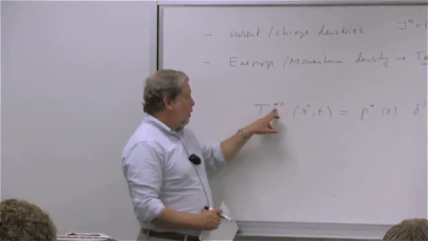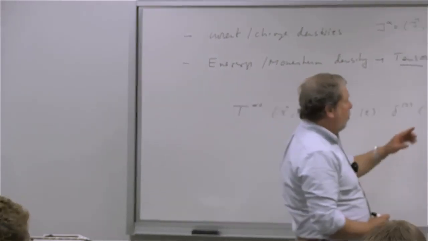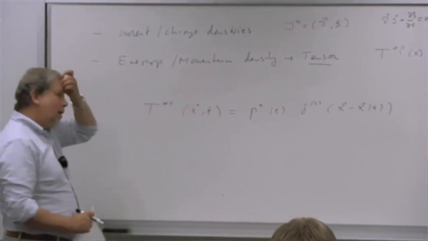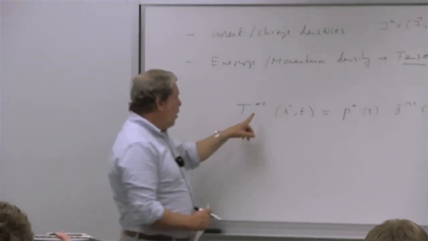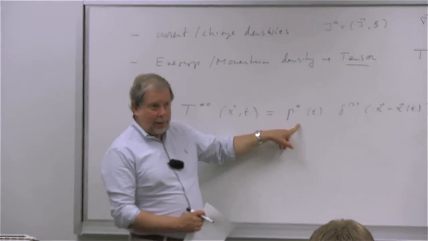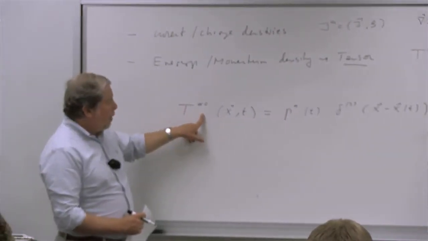So, as a result, at least that would be the first thing to try, is to have 2 indices. And so we're going to take the naught component of this thing to be the P alpha. Why does that make sense? Well, the naught component here